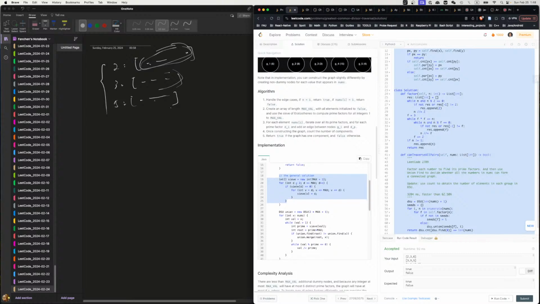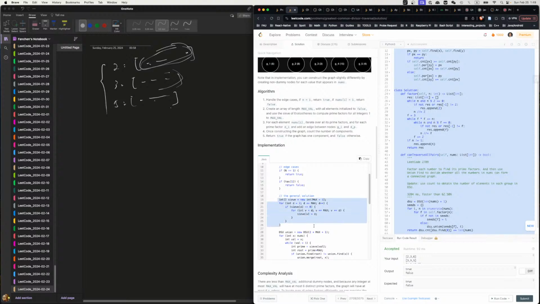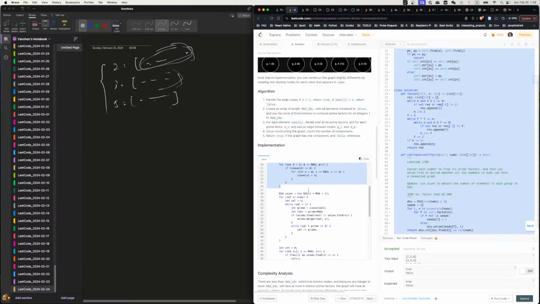This is the sieve, and then we start with 2, plus plus, up to max, this is just the number, right? And then we go through the sieve, and if it's equal to 0, then this is just set to false. Yeah, this basically gives you all the prime numbers, right? This is the sieve of Eratosthenes. You use the sieve to produce all the prime numbers, and once you produce the prime numbers, you go through